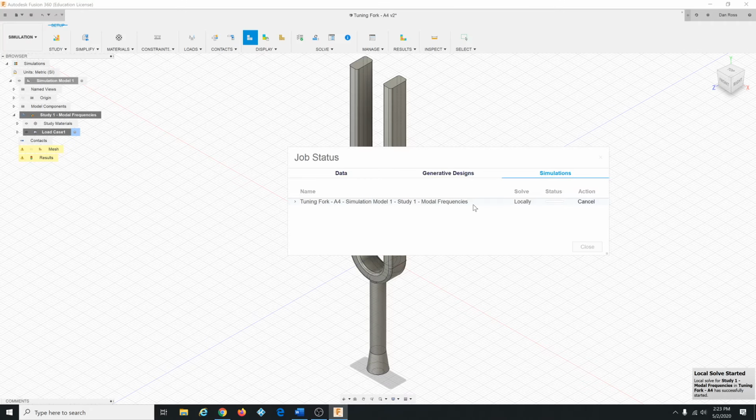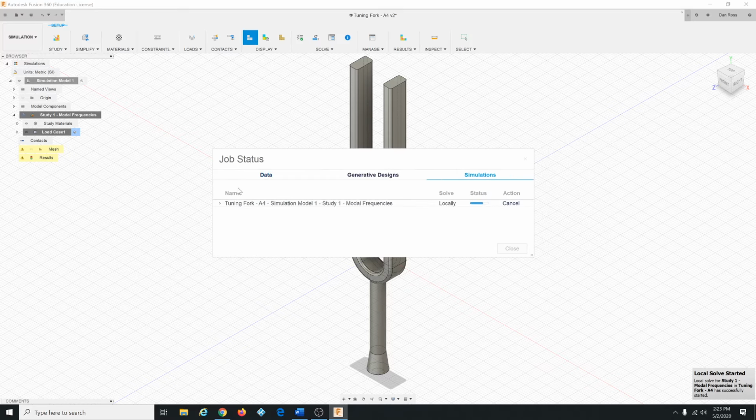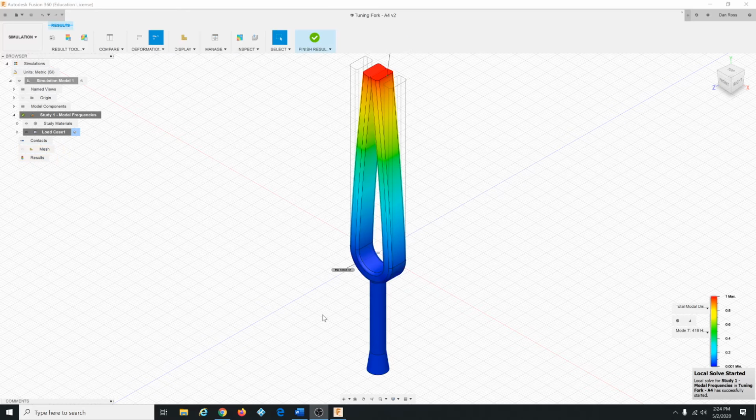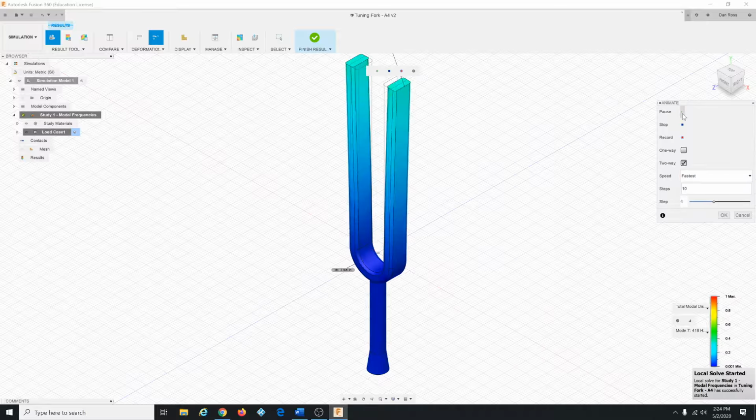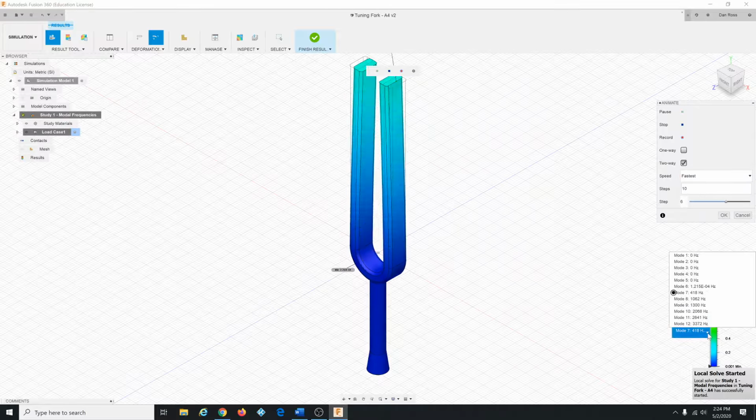Okay, it's solving. This will take about a minute or so. I'll pause the video. And it's done. So we'll go to results, animate, just for fun. I mean, we don't really need to, but it's so fun. It's vibrating faster, but the thing we really care about is that it